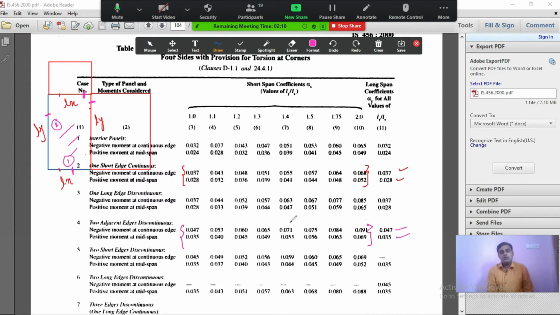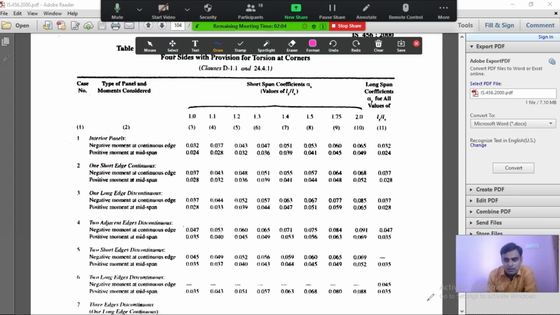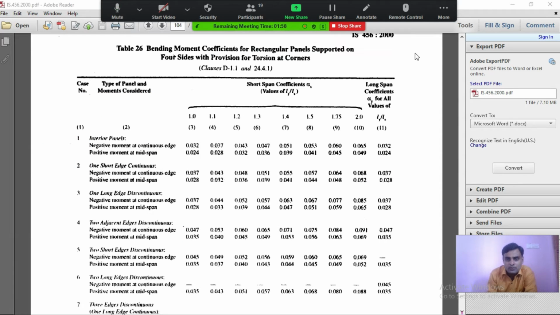So in this way, while calculating the alpha x and alpha y, you should pay attention to what condition is given in the problem, and if nothing is given in the problem, then you should always do this. If nothing is given in the problem, then always go for this case number 4. Okay. Sorry, 9.